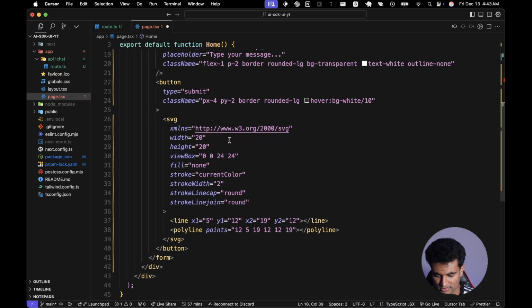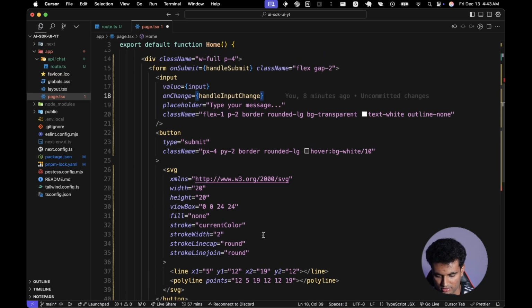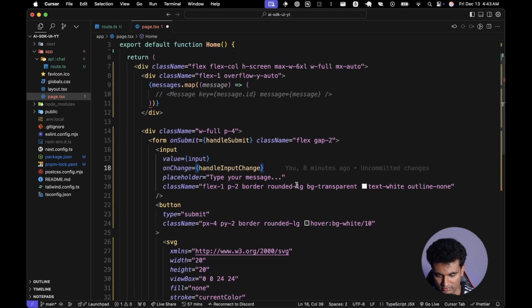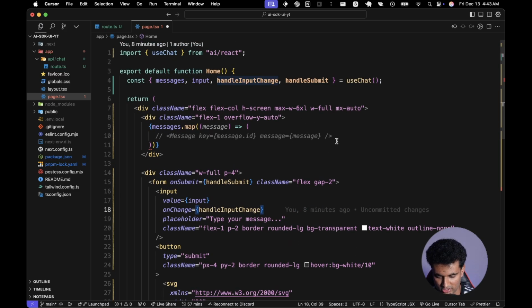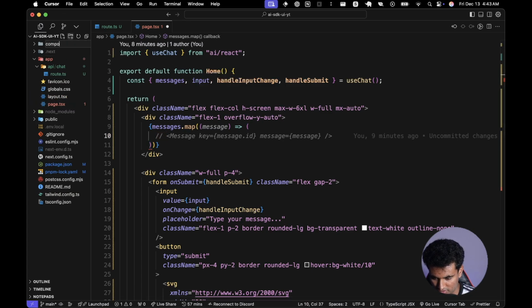And yeah, this is basically an SVG for an arrow, which Cursor generated for me. You don't need to worry about it. And then you also have a button to submit, even Enter will work. And now we need to actually create a component. So I'm going to go ahead and create the new component in here. I'm just going to go to components and create a new message component, message.tsx actually,